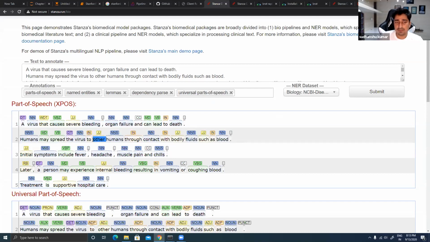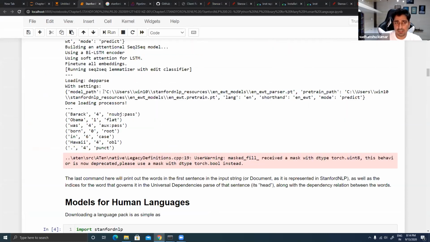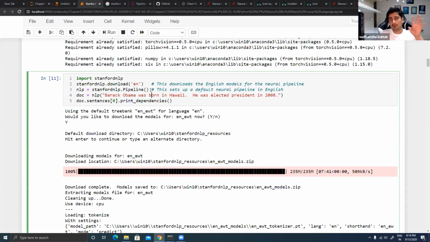to recognize. Same thing you will be able to do in your local system as well. So you just have to import Stanza, and you will be able to perform the exact same kind of operation. For example, in my notebook, what I'm trying to do is load one of the Stanford models. Now whatever is available inside Stanford NLP, the same thing is available in Stanza.